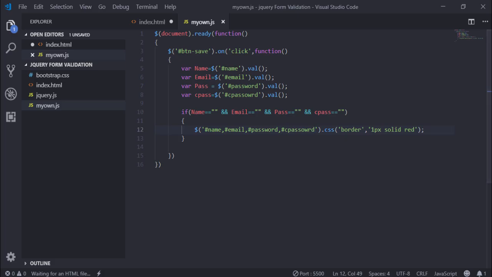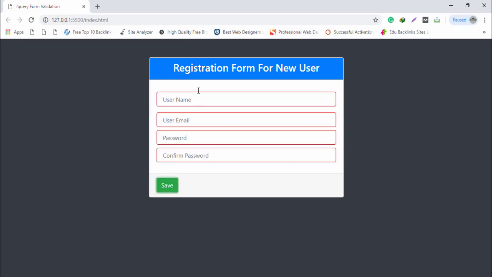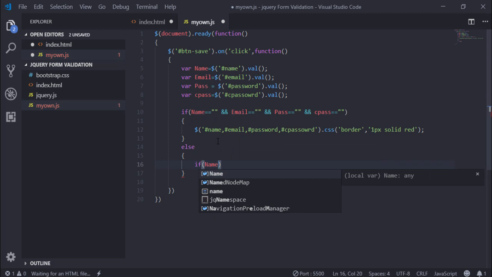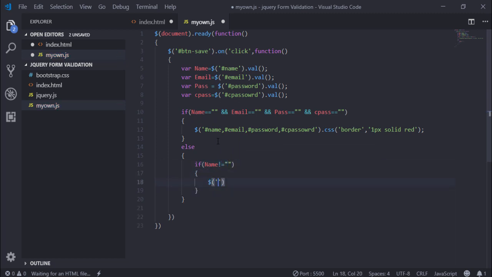Okay, here is a mistake, guys. We have seen the validation applied on each input text field. Now the next thing is, when the user enters a value inside an input text field, I want to remove the red line. So I call an else statement. In the else statement I call an if again. I call the name variable not equal to empty, then come into the if body and I call